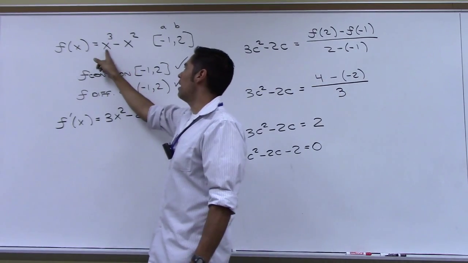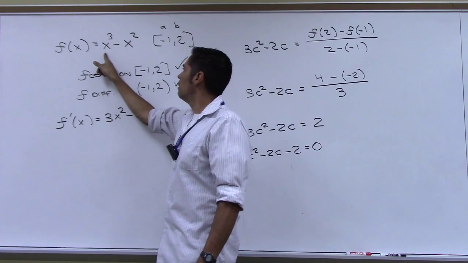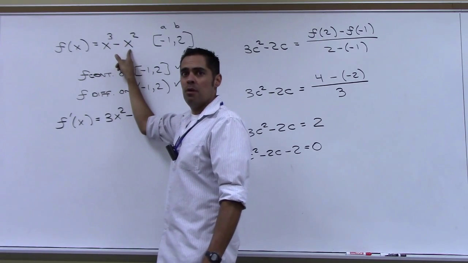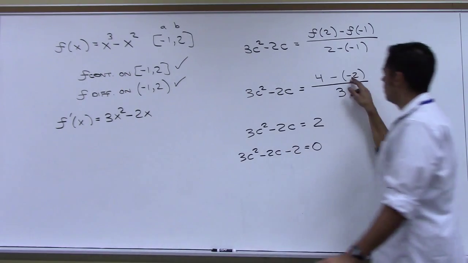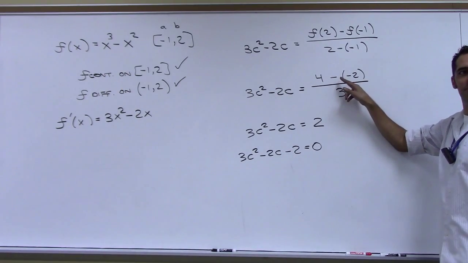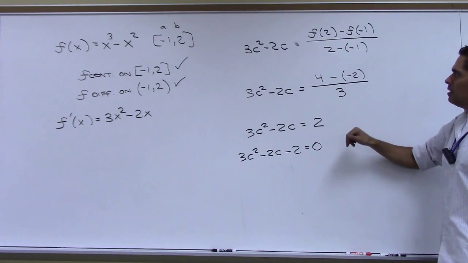This is the tricky part. Negative 1 cubed is negative 1. Negative 1 squared is positive 1, but then you're subtracting it. So negative 1 minus 1 is negative 2. But you're subtracting that. So minus minus, so plus. Now the bottom 2 minus